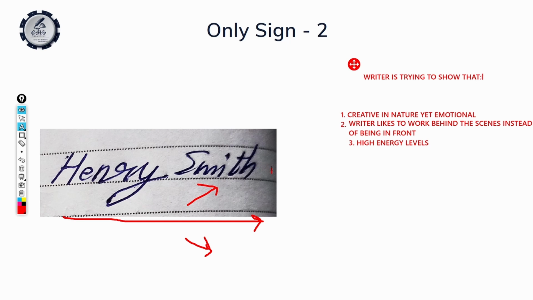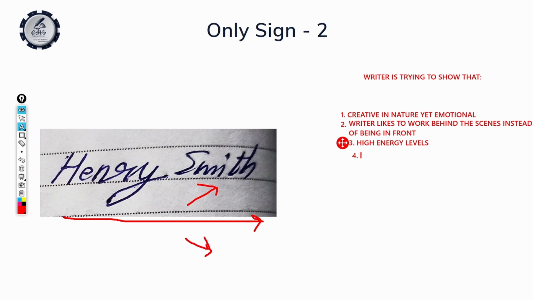You cannot directly say that they are like this. You have to look at the handwriting as well for the whole judgment. So you have to tell the writer that the analysis you are doing is all about their public personality that they are trying to show in front of others, not the real one. Okay,